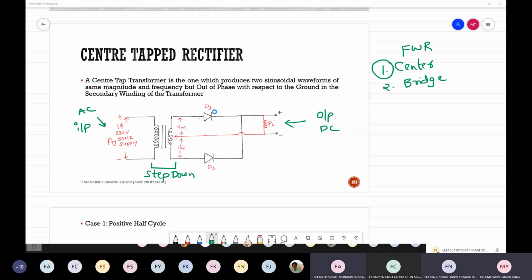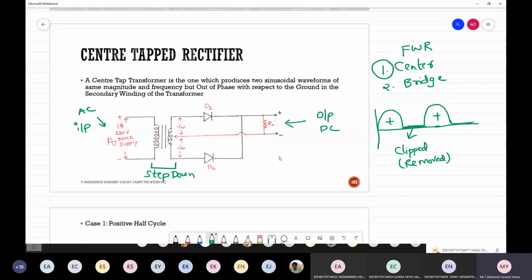Now here I'm making use of 2 diodes. Why am I using 2 diodes? Why not one? Positive cycle and negative cycle. Here I'm getting only the positive half at the output, whereas the negative is getting clipped. If something is removed, we call it clipped. Clipped or removed, both are the same. I want some output in the negative half cycle also, whereas in half wave I get output only for the positive, and the negative portion is getting clipped.